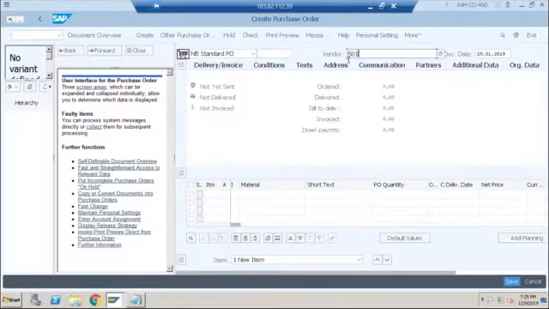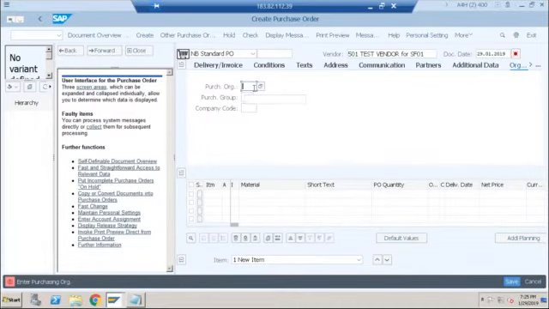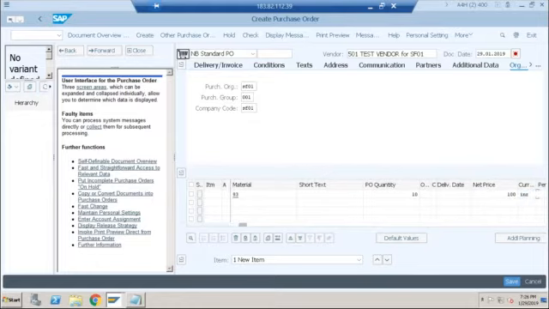Purchasing org is PR, sorry, it is SF01 001, company code SF01, material 83, PO quantity 10, price let's keep it as 100, currency it will ask, let's provide this INR, and plant SF01. Let's press enter and see.